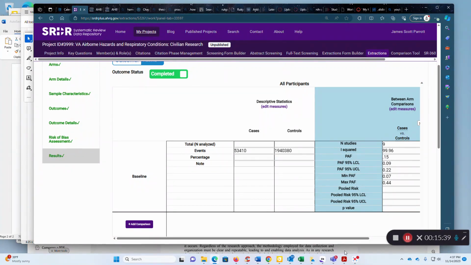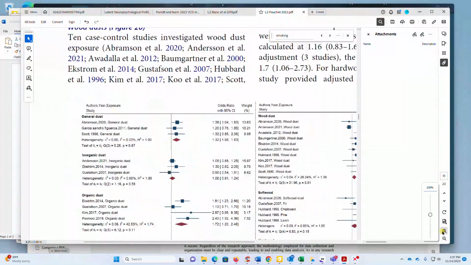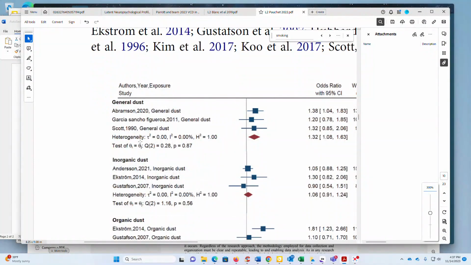Now, the I-squared is a measure of heterogeneity, and let me show you where you typically find that. You see it down here, and actually let me see if I can zoom in a little bit, move that out of the way, and zoom in. Do you see this right here? You have measures of heterogeneity. You have the tau squared, the I squared, and the H squared. What we're really interested in is the I squared, okay? And this tells us how much between study variance there is. Think about how different the different studies are in terms of sample,